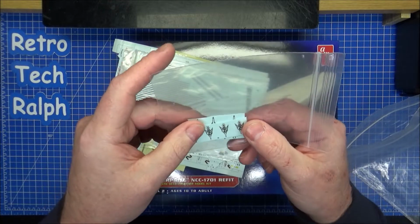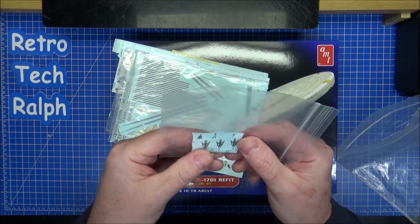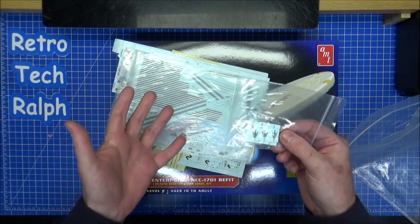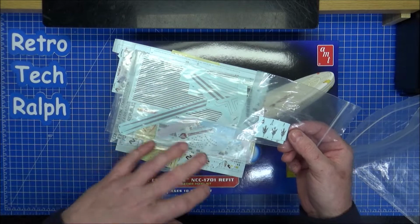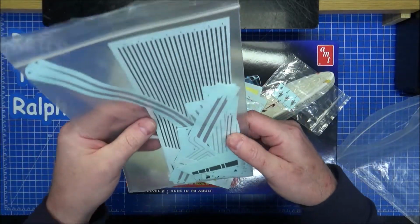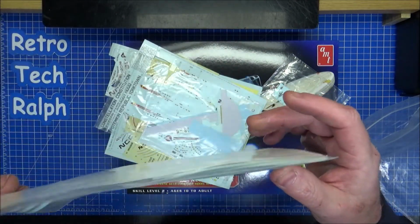Oh, those are the mirror ones I use for the spare Eagle Moss Enterprise D, the Discovery Enterprise D. So I got two. One was a little bit iffy and I fixed it, and then I put the Mirror Universe decals on it. It looked really good. These look like spares from the Enterprise, the